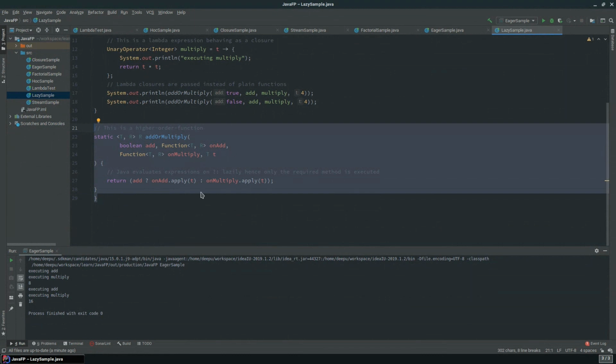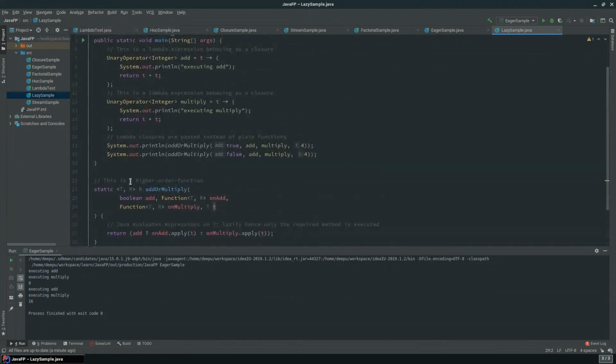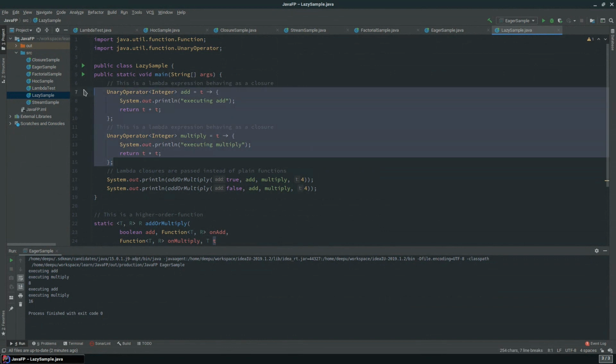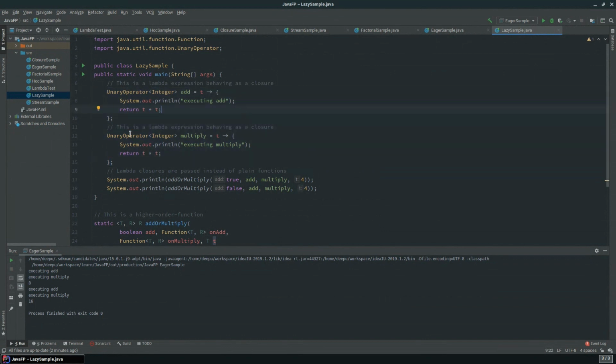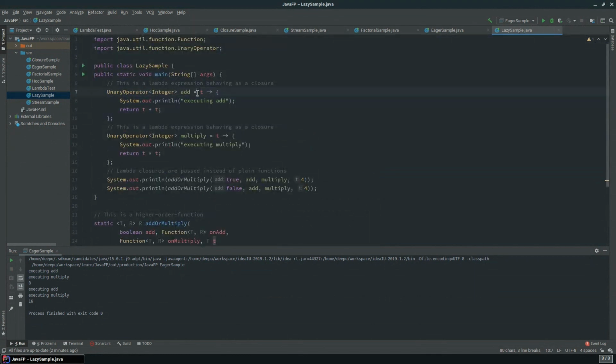I mean, pseudo higher order functions, because it's not really higher order. It's not really accepting functions, right? It's just accepting interfaces, which kind of emulate or look like functions when using the syntax sugar. So it's like a pseudo higher order function. And we changed also the add and multiply method. So now the add method is also a lambda instead of a normal function, because we cannot pass normal functions here, right? But since it is a lambda, we can also assign them to a variable and almost use